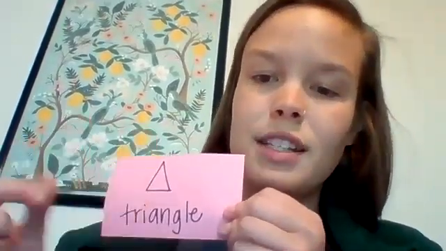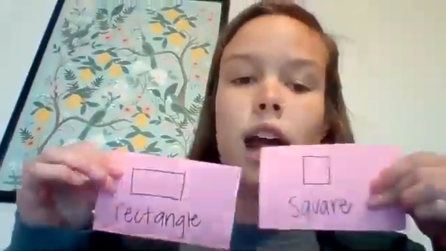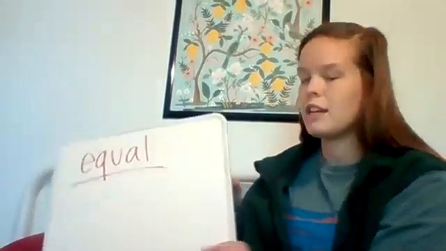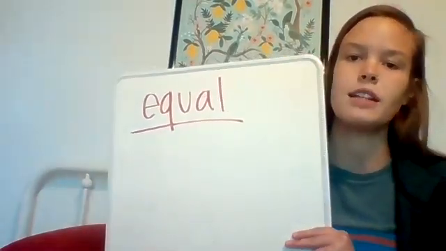And then lastly, we have our triangle with just 3 sides. 1, 2, 3. Awesome. All right, so this week, we're going to be using different shapes. We're mainly going to be looking at the circle, the triangle, and probably the square and rectangles mostly, and we're going to be splitting them into equal parts. So I wanted to look at that word equal just a little bit more. So here I have the word equal. I wrote it up here for us,